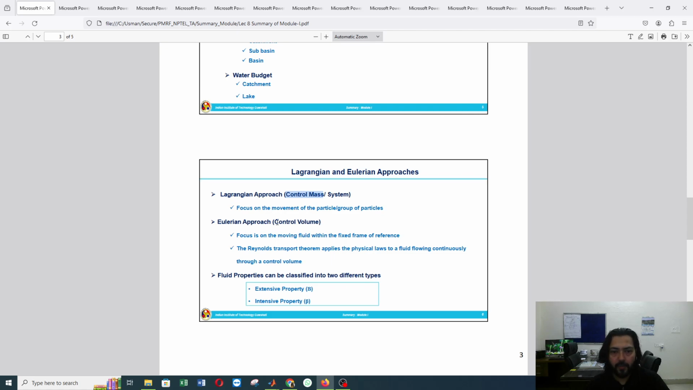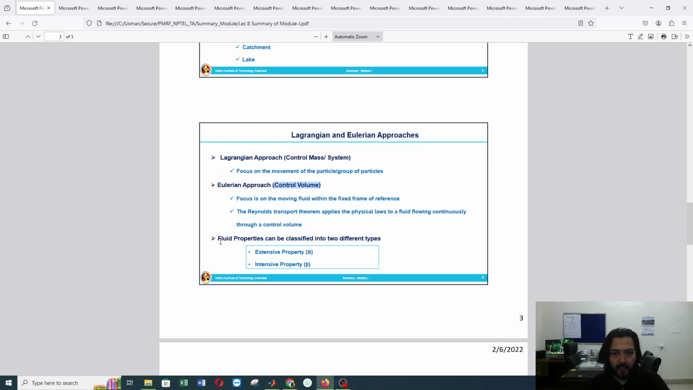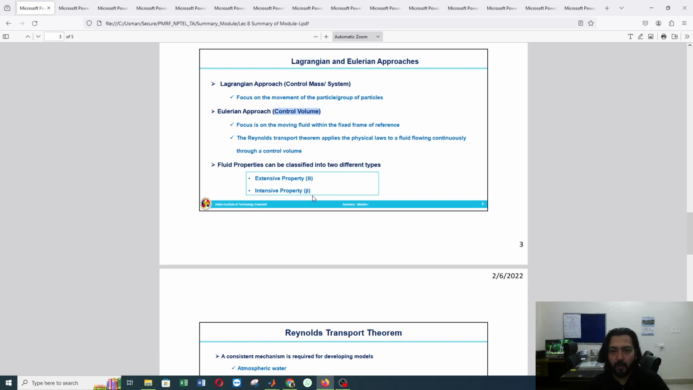And in the Eulerian approach, we use control volume. In control volume, what we do is fix the frame of reference, and then we focus on the moving fluid which is entering that frame of reference, right? Then we talked about two important fluid properties, that is, extensive property and intensive property. Intensive properties are those properties that are independent of mass, and extensive properties are those properties that are dependent